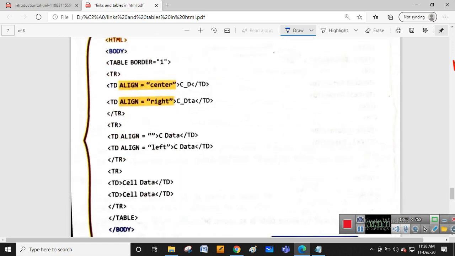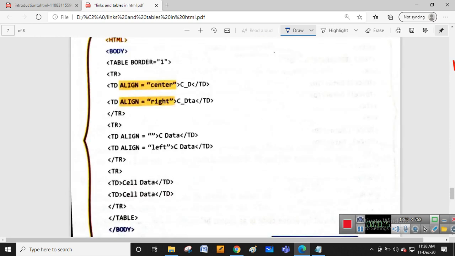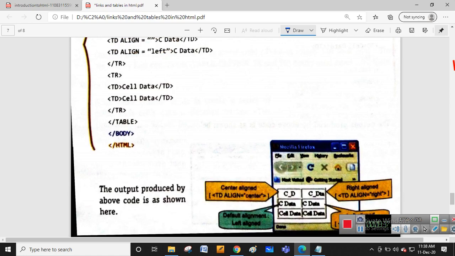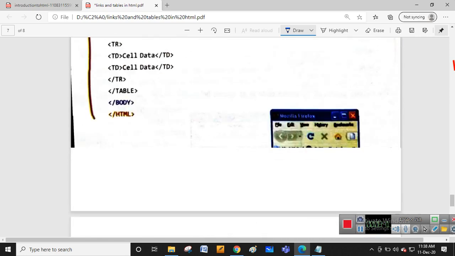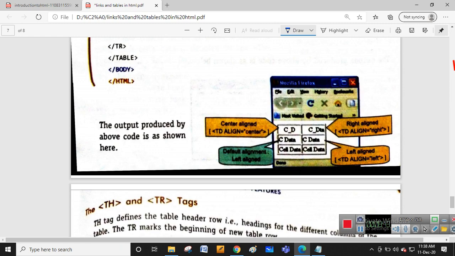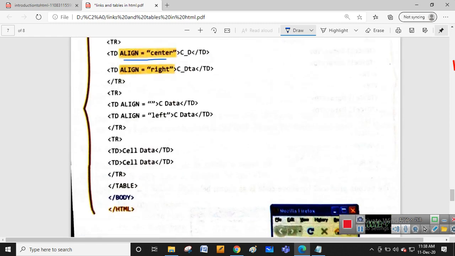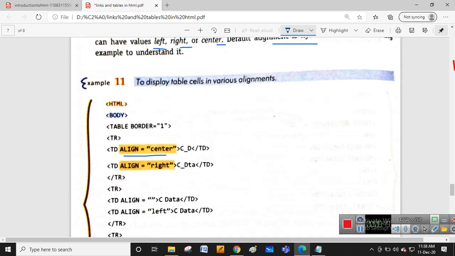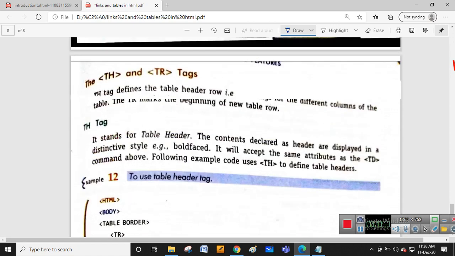Okay, so if you want to make that table data cell का data अगर बीच में आना है, then you have to make this align as a center. Okay, and also if you want to make to right side में आना है तो td align right. Okay, that all things you can manage it easily. Okay, this is about this data of table data tag. Table tag में तो border attribute है, table data में we are having the align attribute. Okay, clear example I think you are able to get.